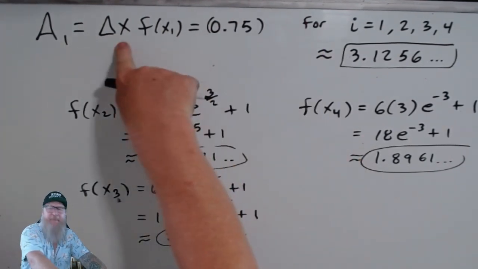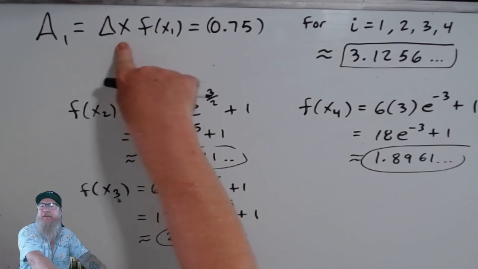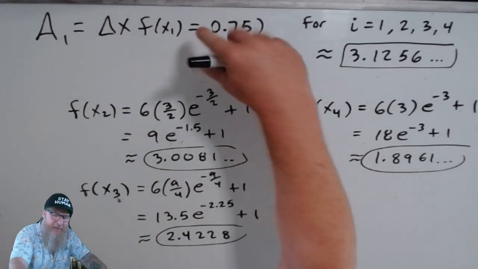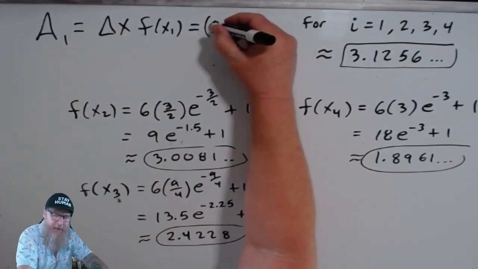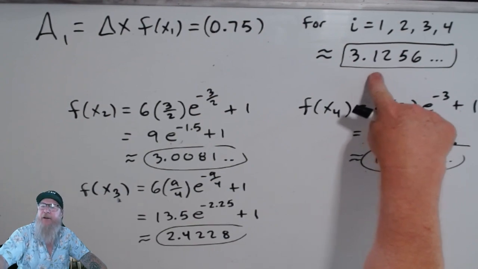So 0.75 is the delta x, that's the 3/4. It's easy to forget that by the time you get this deep into the problem. Go back, pick up your delta x. You can either write it as a decimal or a fraction, and then this is your f value,